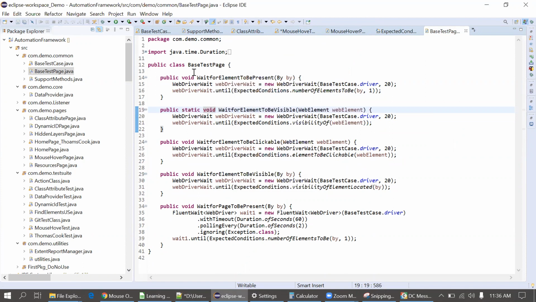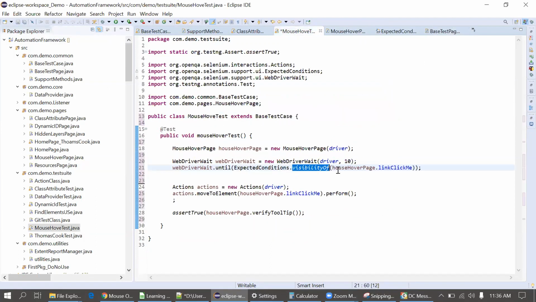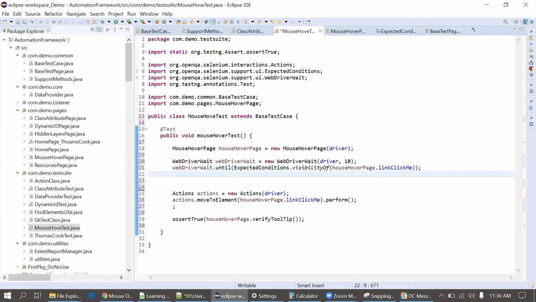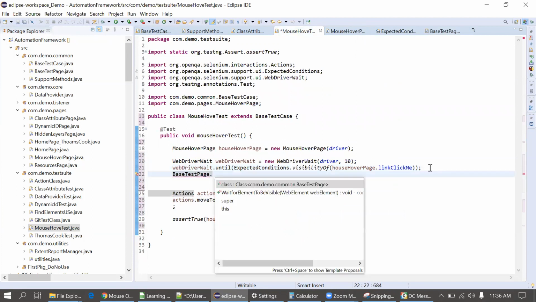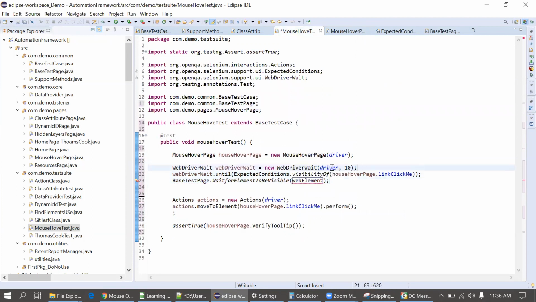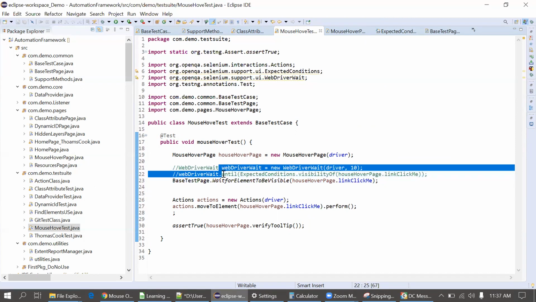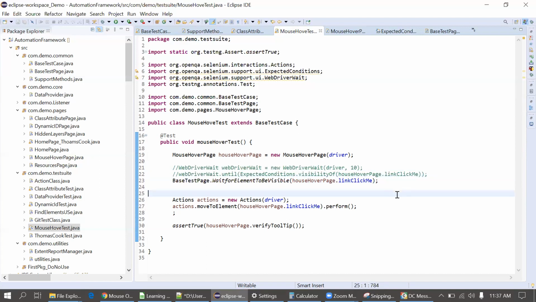Right, so simply I'm calling this method. Actually, I'm navigating here and there; I think there is some mess up in my Eclipse. I'll simply write base test case dot wait for element to be visible, and pass this web element. I will not write this 2-line code. Instead of that, I will write this, and you have to write code in this way only. You don't have to write this code everywhere. Yes, sir. And the same for the Actions class as well.